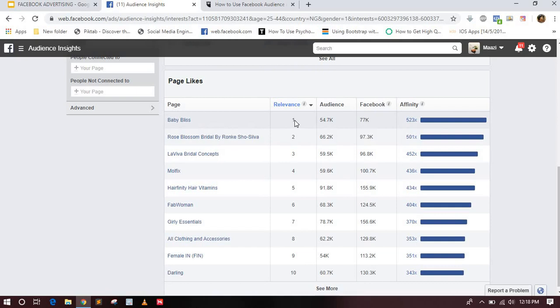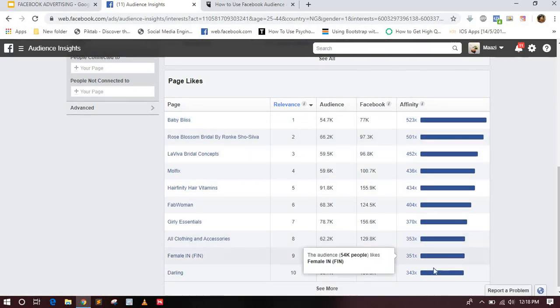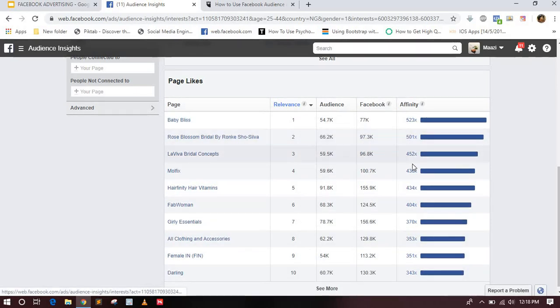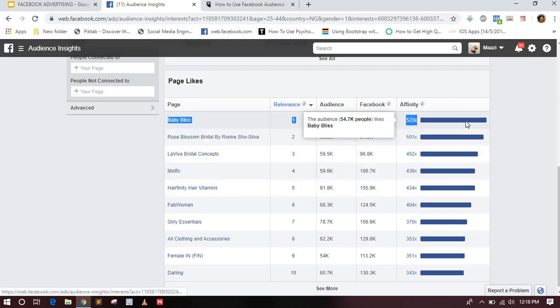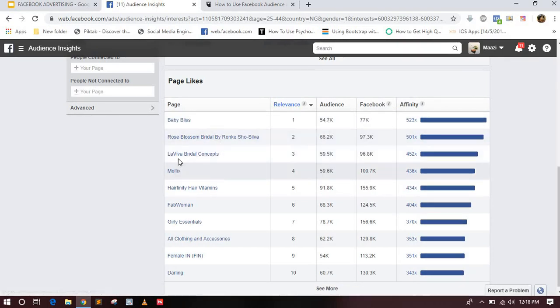That means this one scores first with an affinity of 523, to whatever rate it is. Then going down, it is dropping to 501. That means this one has the highest option to engage people to what you're offering. And also we have Rose Blossom, we have Lace. All these things are pages, and some of them might not be targetable on Facebook. What I mean by targetable is if you're trying to create an advert on Facebook